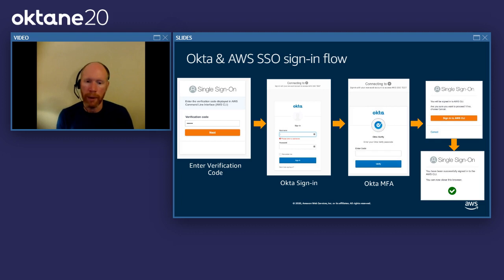So you could be on your phone and actually go into that URL, plug in the verification code, and at that point, once the verification code's in, we will still redirect you to the appropriate Okta sign-in pages so that you can authenticate, do your MFA challenges, and then you will confirm that you want to sign in to the single sign-on, and you will be authenticated successfully, and the CLI will now work for you